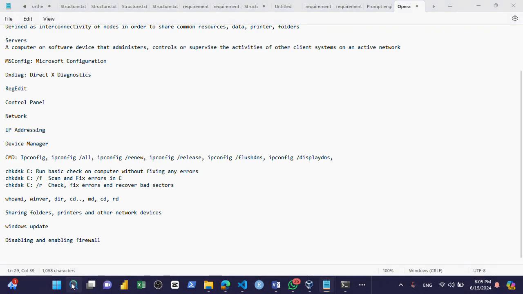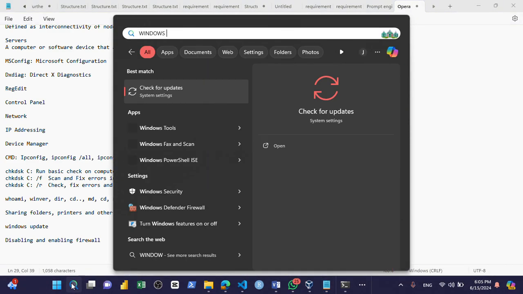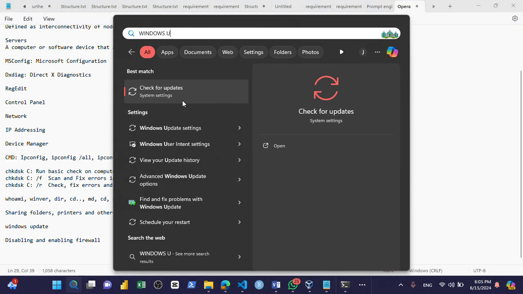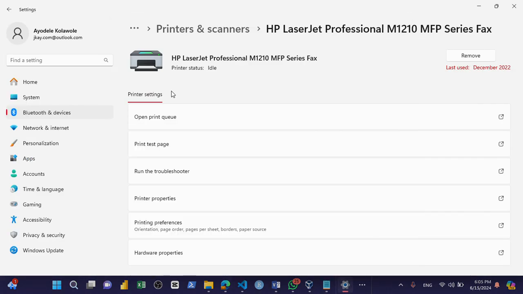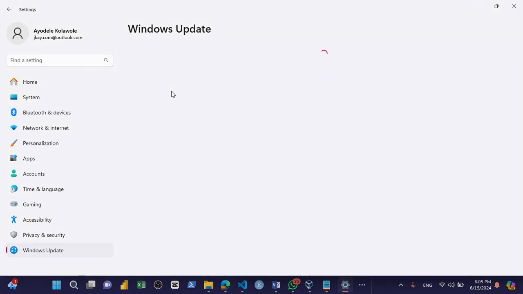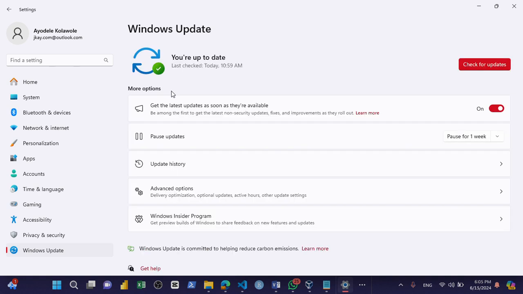Windows Update is actually very important for us as well. There are some things that can be fixed by just running Windows Update. All right, and I'm sure that my Windows is up to date, you can see here. It's very imperative for you to have your systems up to date,